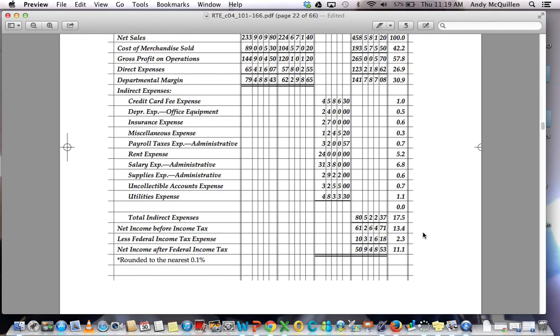Your net income before taxes is you subtract $141,787.08 minus $80,522.37, and I get $61,264.71. My federal income tax expense is in the income statement of the worksheet, and that's where I get